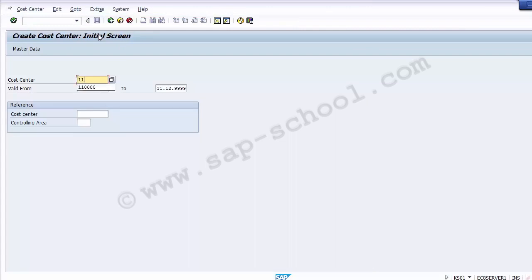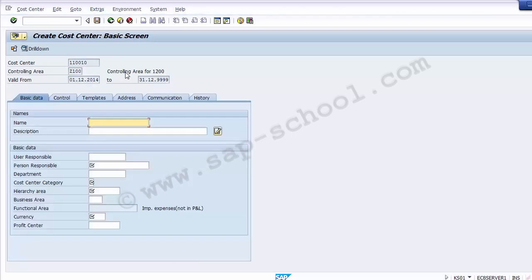So suppose I create a cost center now with 110010. I have to put the valid date from and to, from when it will be valid and to what date it will be valid. So I will be taking this as one from December 2014. Now I can enter onto the screen once I have assigned the cost number which I would be creating and the valid date from and to. Enter on the screen. So once entered, it takes you to the next screen,